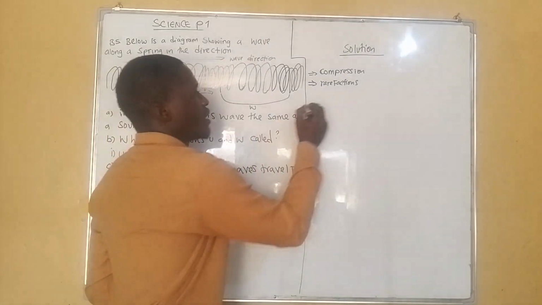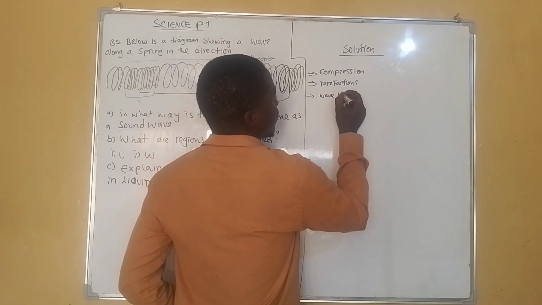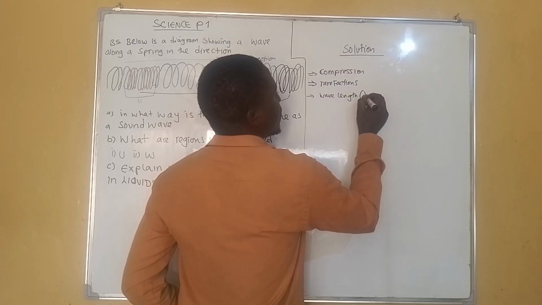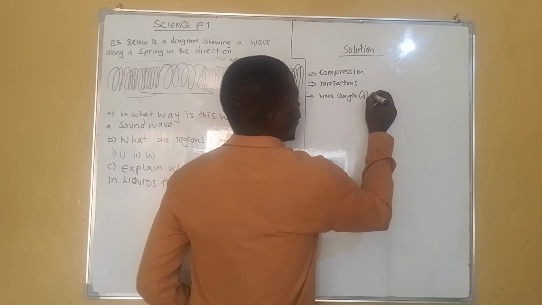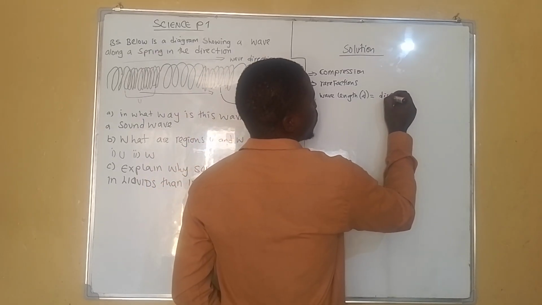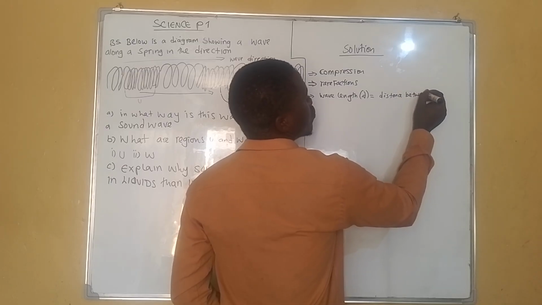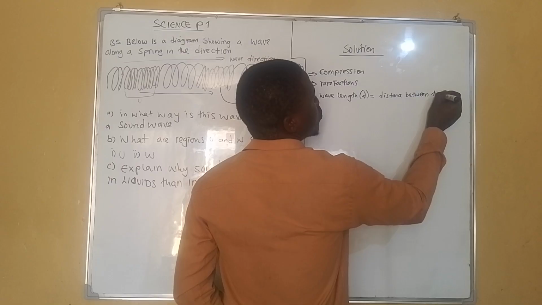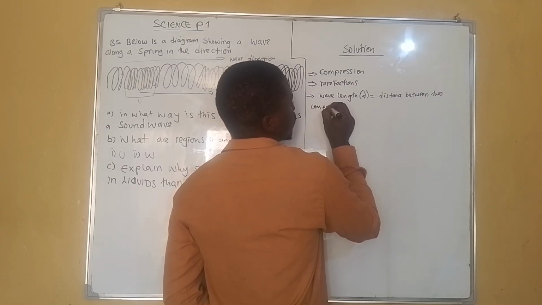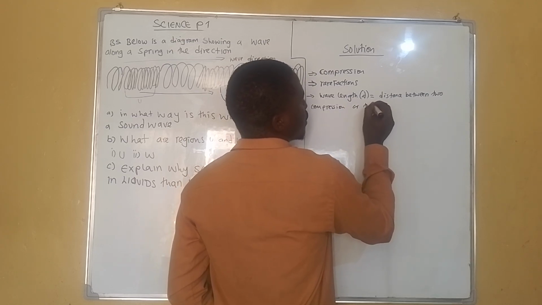So we are saying that the wavelength, represented by lambda, for a longitudinal wave, is the distance between two compressions or two successive